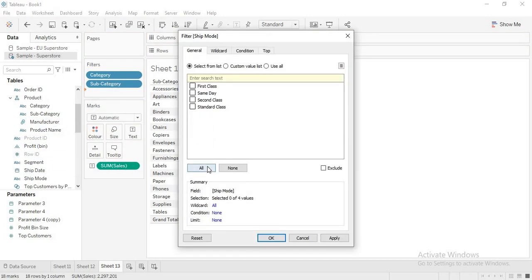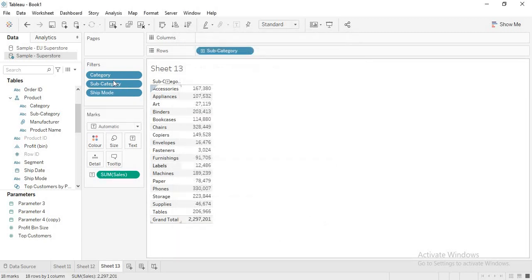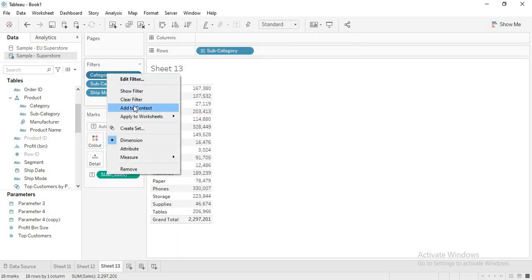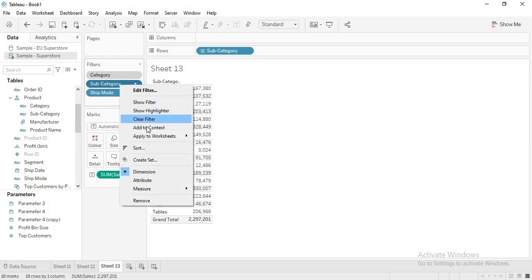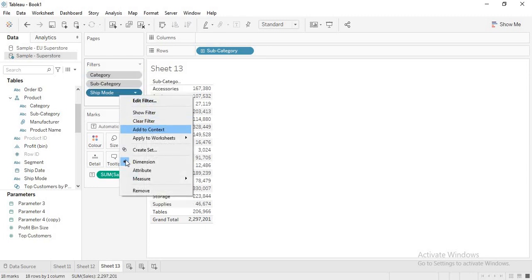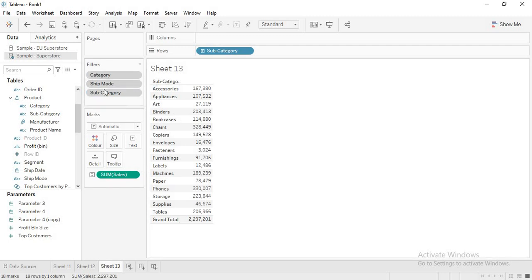Stream. Okay, all apply. Now see here, when I add this to context, and add this to context, and add this to context, now what happens is, when you add something to context, we know that whenever you select any filter, every filter that we select will hit the database and retrieve the data, right? Now I am adding a segment here.